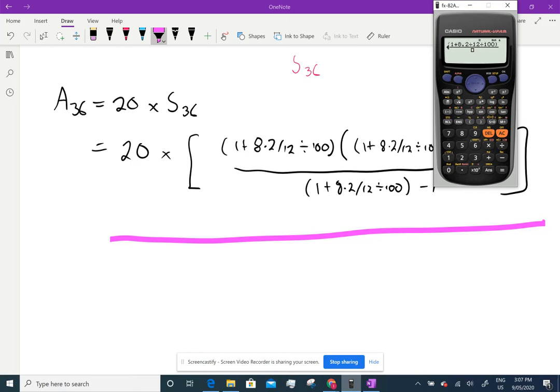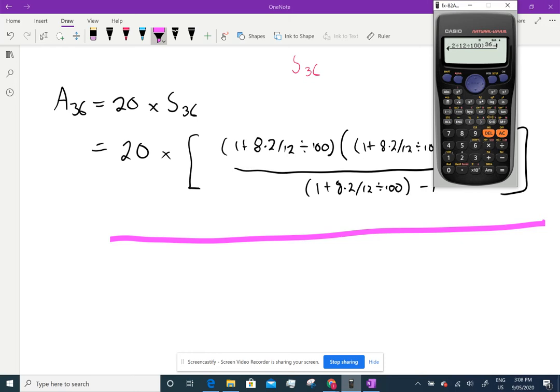Close that bracket. Next bracket, and another bracket inside that, 1 plus 8.2. I should have put that as my answer. Oh, that would have been smart. Too late now. Divided by 12, divided by 100, to the power of 36,